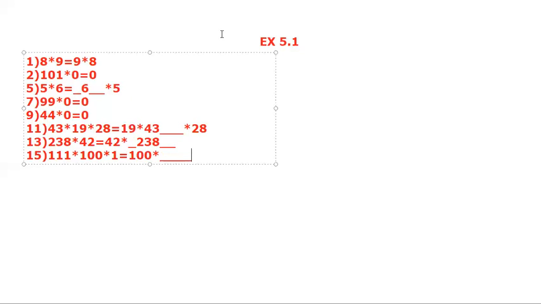So when you have multiplied, here look at it, 111 with 100 and 1. There is no necessity of multiplying this one again, because there is given only one blank. So you will have to multiply here with what? 100 into 111. The same 111. The result will always be the same, because when you multiply with 1, you will get the same number.